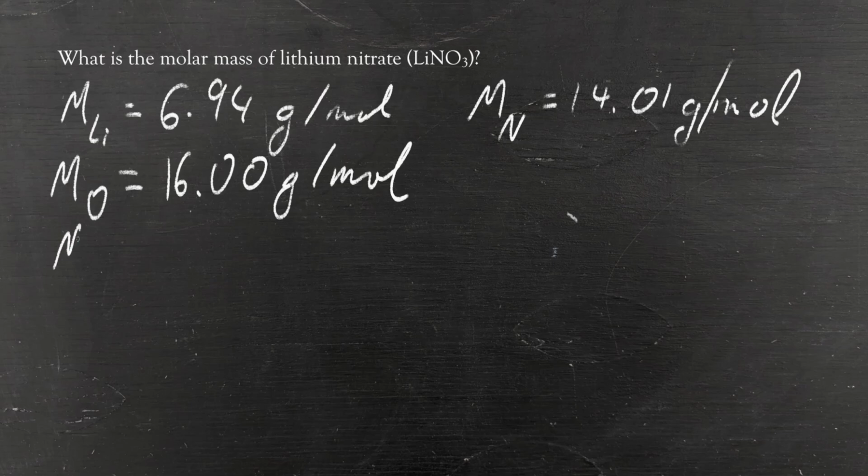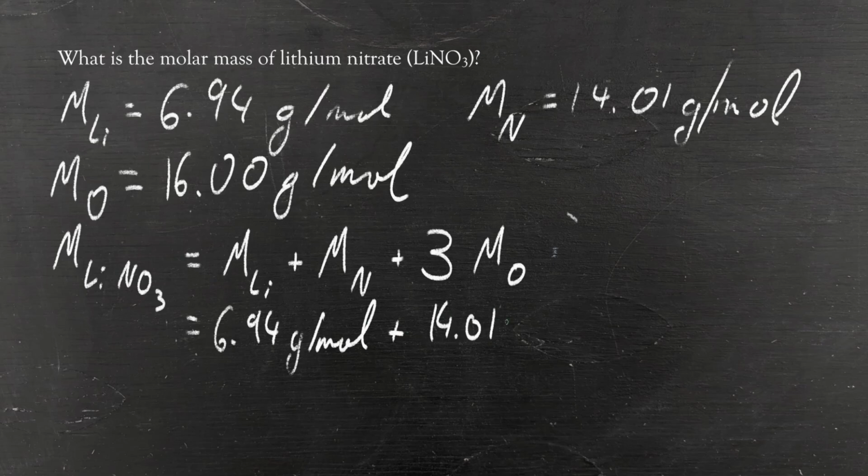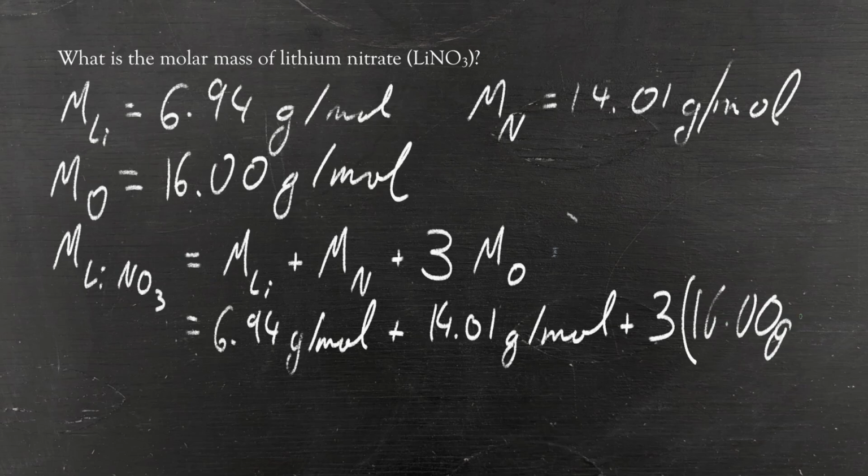So the overall molar mass of lithium nitrate is going to be equal to the molar mass of lithium plus the molar mass of nitrogen plus 3 times the molar mass of oxygen, which is 6.94 grams per mole plus 14.01 grams per mole plus 3 times 16.00 grams per mole, for a grand total of